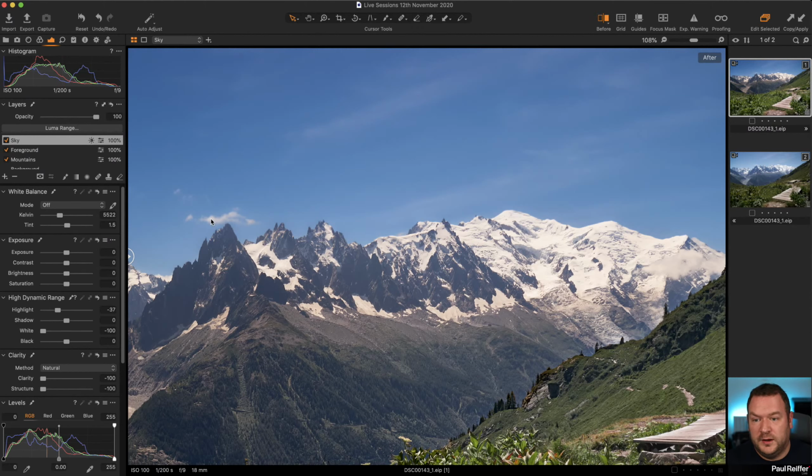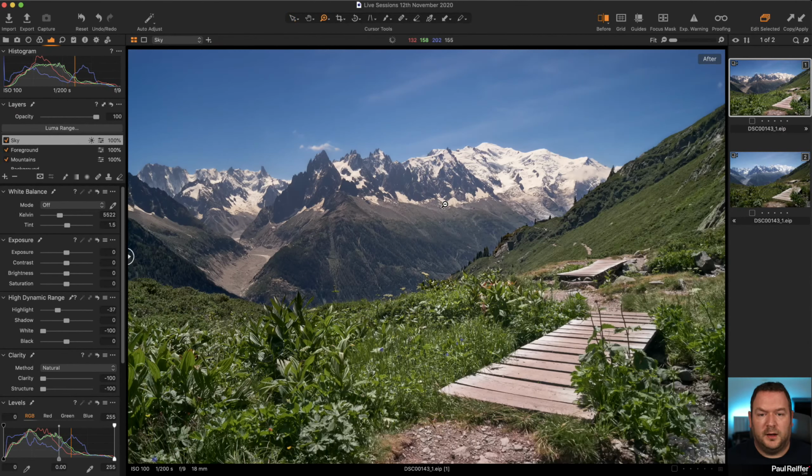we can see that on the orange bar on the left. Even this cloud, the bright one, 206, 202, 208, and so on. If I look at this snow here, 239, 228, 222, it's in a different league of white. So by adding that extra bit into the mask and using the Luma range to get rid of the dark parts of the mountain and the light parts of the snow, we have excluded the mountain range, but it means that we don't have this halo over the top. We don't have that boundary anymore, that light area that just gives it away that we've added something on. So we're looking for stuff that makes it less obvious that we've added something over the top to enrich